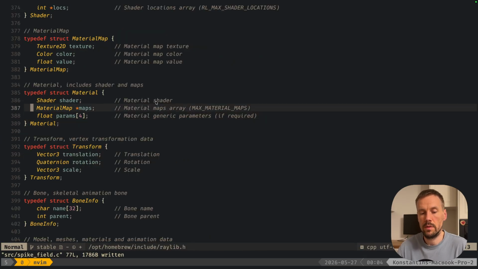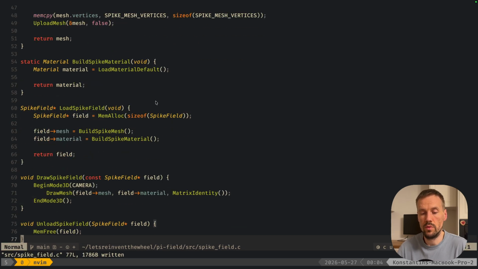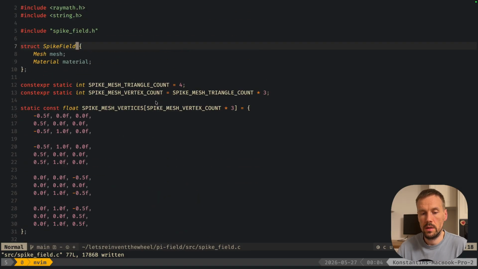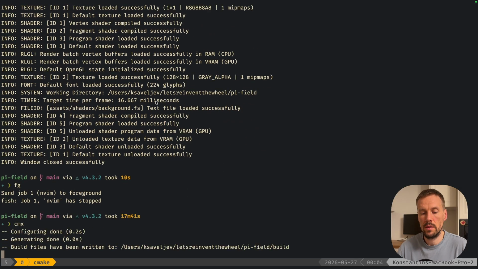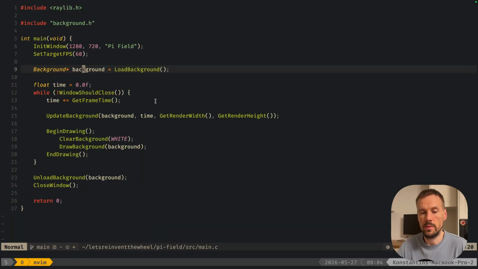So really material is some shader, some maps, some params. It is required to draw the mesh. So we haven't defined any shader, so it has put something default that it uses. Let's see whether we can see anything on our screen. We don't, and most likely just because we haven't actually